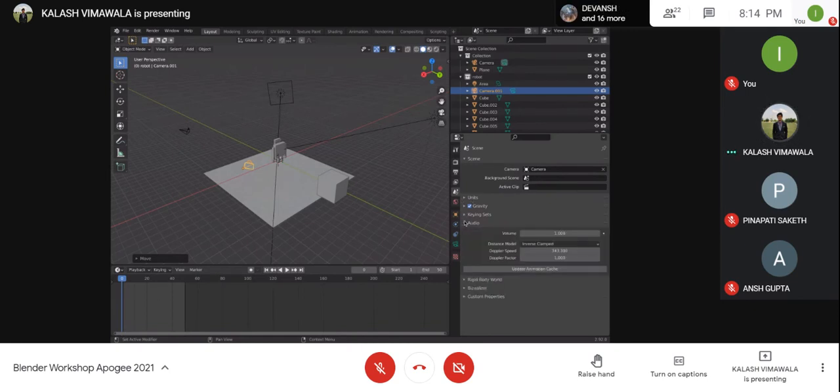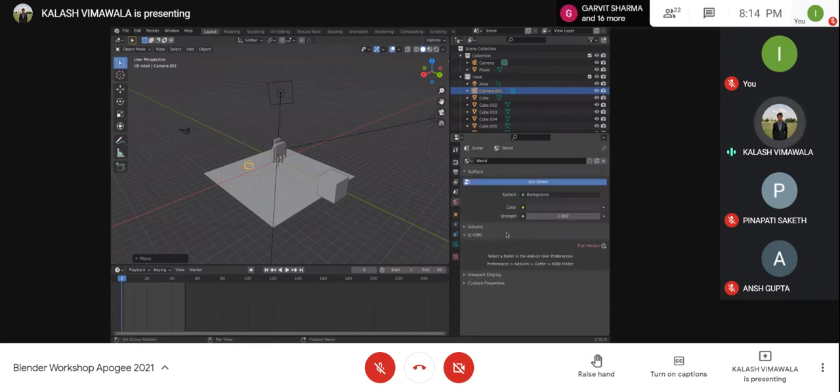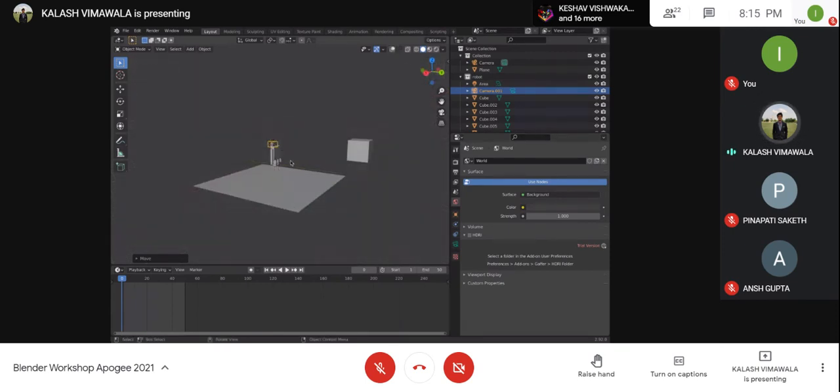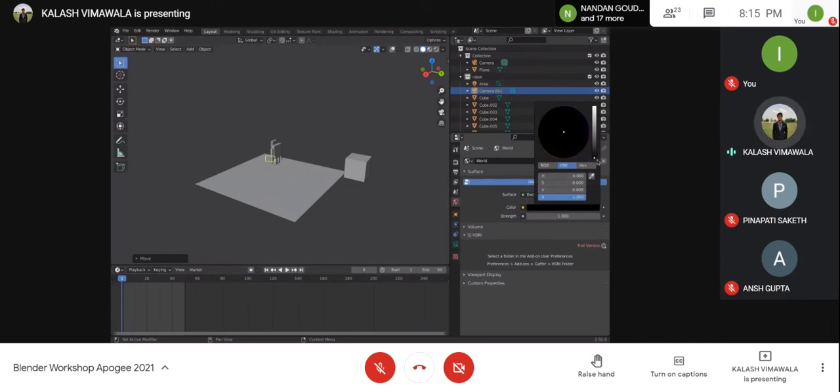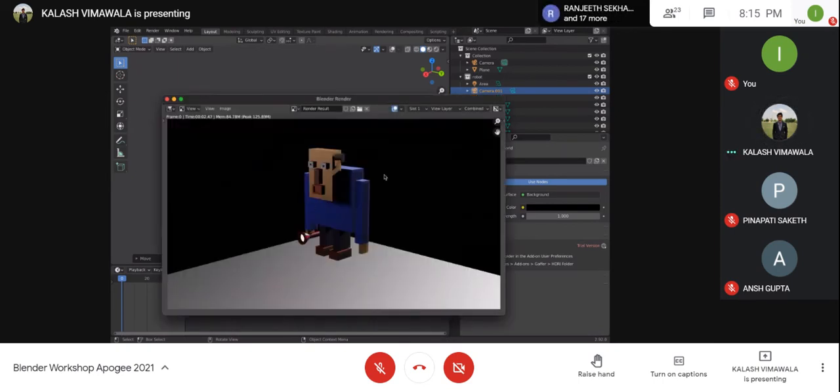Next, if you want to render audio and everything, you can actually render audio also within the application. Now this is world. Okay. So what world means is the rest of your scene. This is the complete background, right? So if you see our previous renders, on the previous renders, you saw a gray background, right? But that gray is only due to this. And if I darken it right now, as I did, and I increase its strength, now if I render it, you'll see a darker background. So that is your world. World is the complete background that your scene is in.